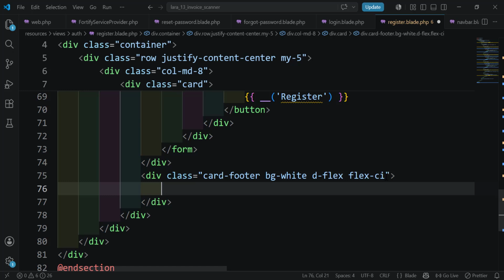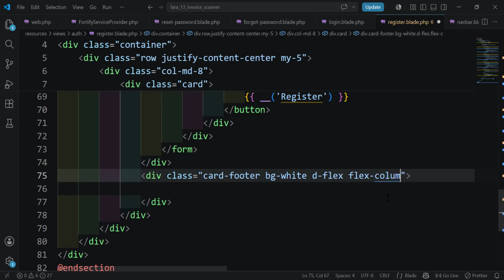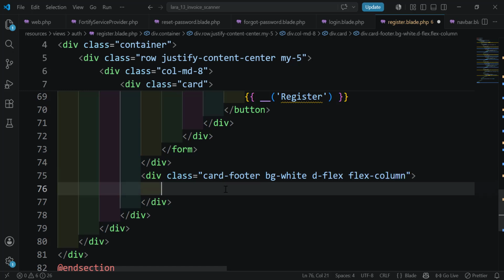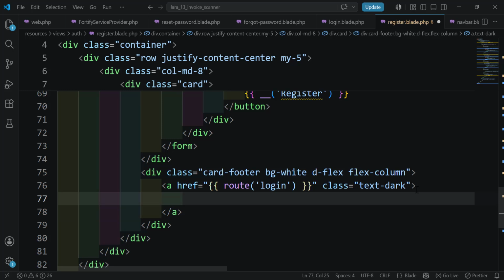Inside, where is column? So we need here column, and inside what we need to do, as I told you, we add a link, we give it the class text dark, and we tell our user, so let's add first the route here, which is the login,